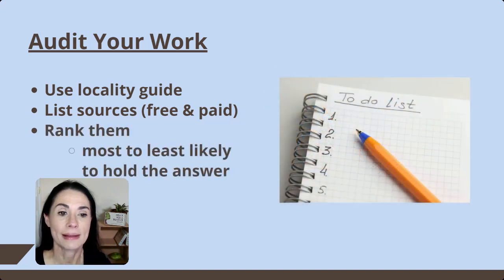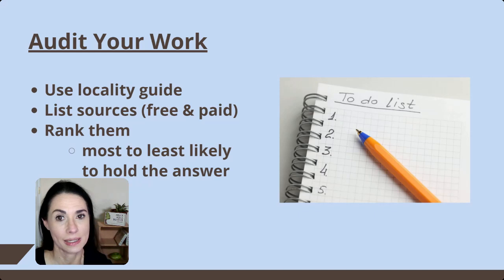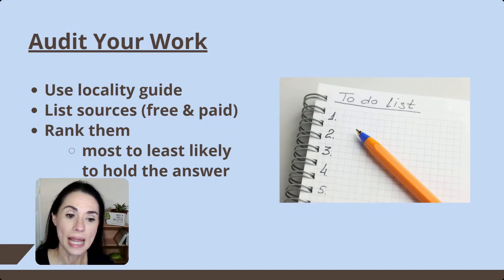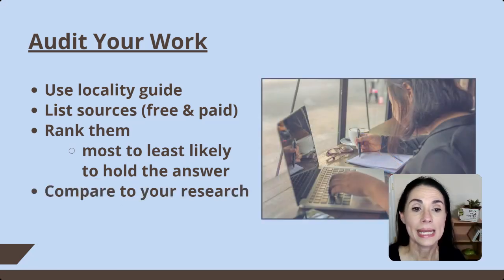And once I have that list, I want to go back through the list, only focusing on those items, and I want to rank them top to bottom. What is most likely in this list to answer my research question, and what is least likely to answer my research question? And I just want to have that ranked list that I can then lay down beside my research, put them side by side, and now I can go through that list.